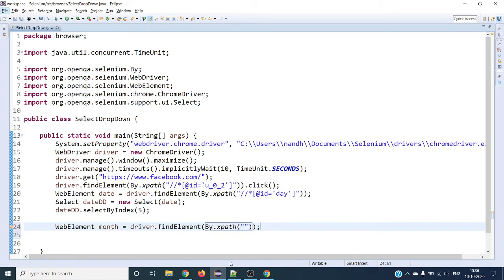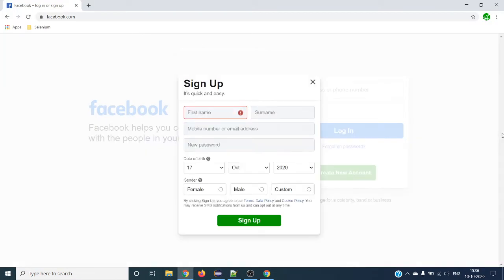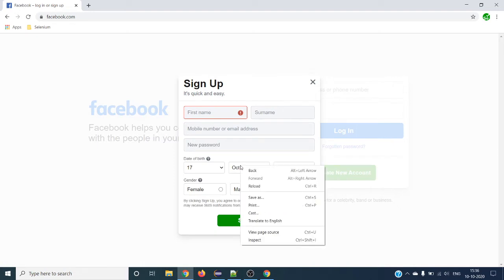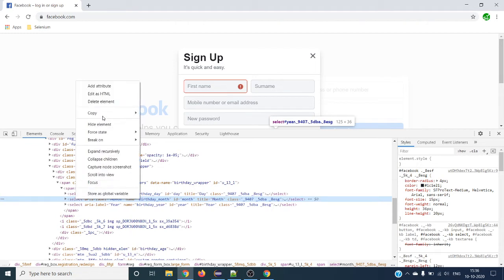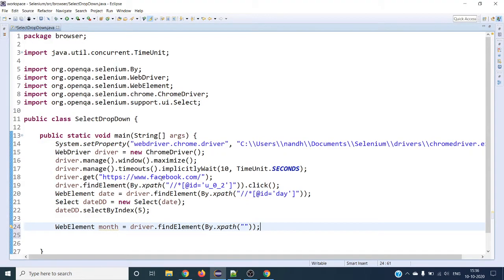So let's get the xpath of this particular drop down for month. So right click on this element, inspect, it is going for the second element. Right click on this element, copy xpath. So this is the month.